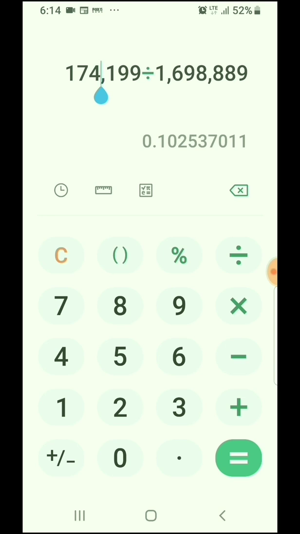So this right here, that's the sell order amount. I want to sell at 0.174199. I purchased it here at 0.169888. That's what happened. I hit that. Okay, and basically when I divide the sell order by the buy order, the answer is the percentage that I gain. Okay, so I actually gain 2.53%, or 2.54% after the sell.